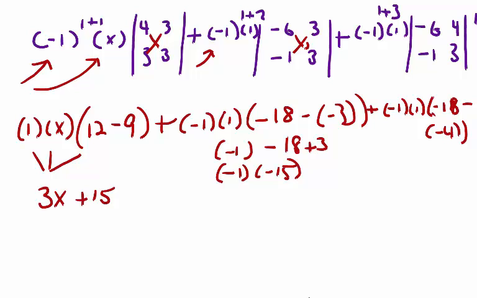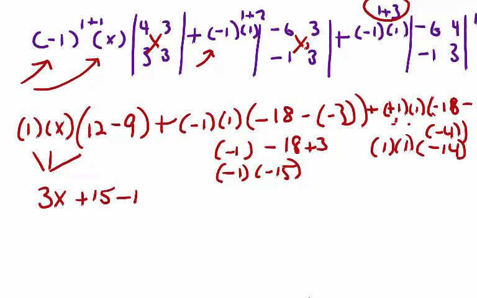And then we have plus 1 times 1, which is negative 1, times negative 18 minus negative 4, which is negative 18 plus 4. So here we have negative 1 times negative 14. Oops, I apologize. This is actually a positive 1, because 1 plus 3 is 4. 1 to the 4th power is 1. So let's revisit that. 1 times negative 14